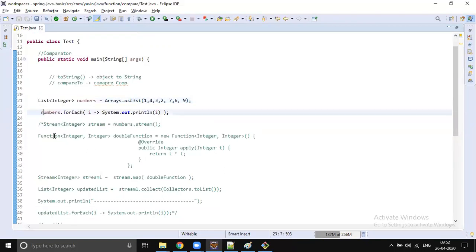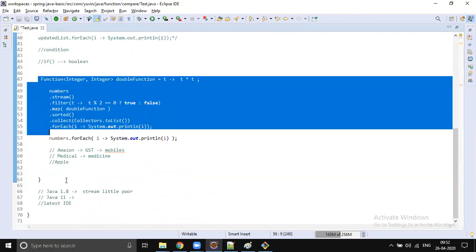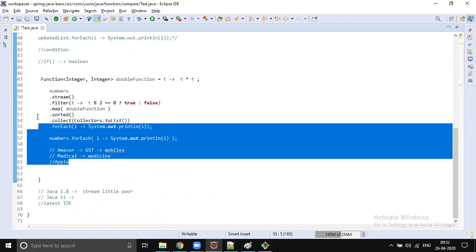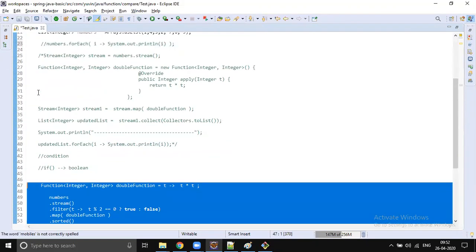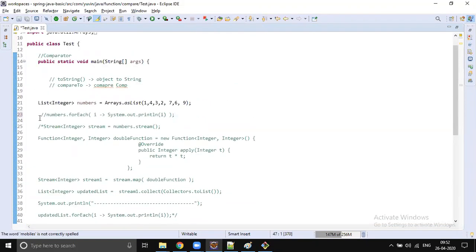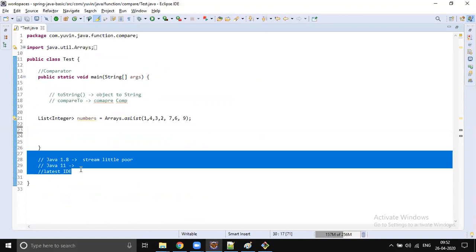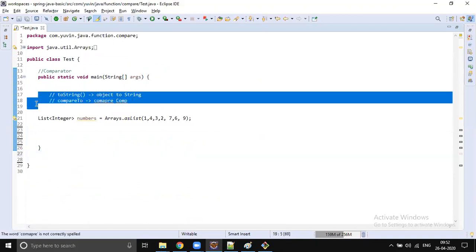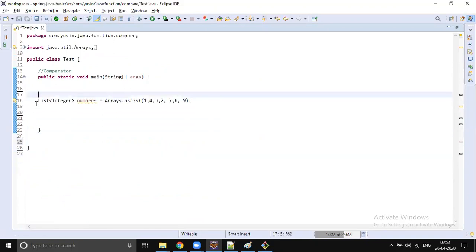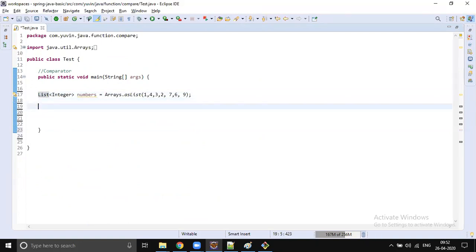My requirement is iterating these random numbers, right? I'll delete this complete code. Let's go step by step. Let's use an older version of Java, or else let's use JDK 1.5 at least. So my requirement is this. Yesterday, whatever assignment I gave.